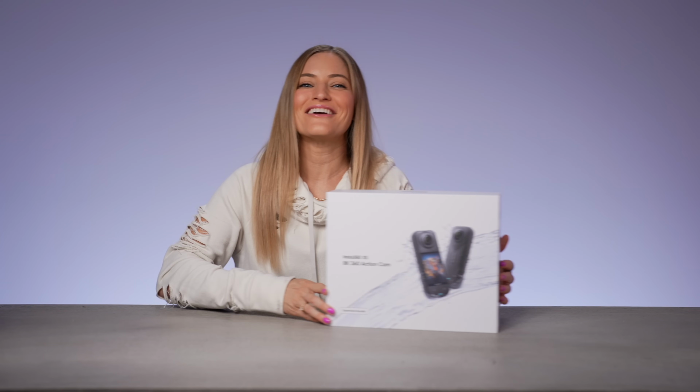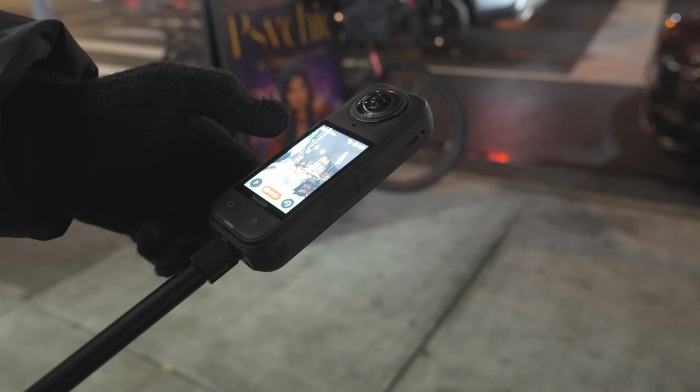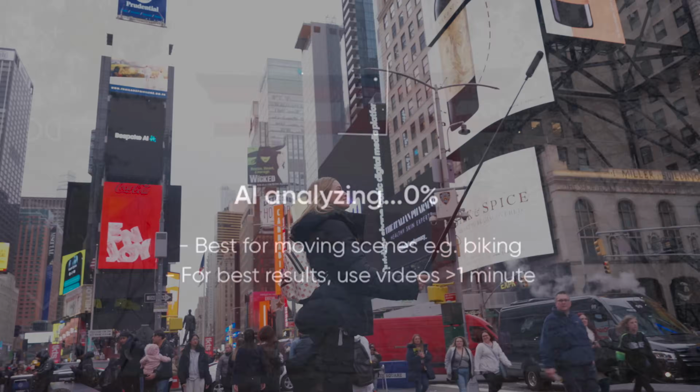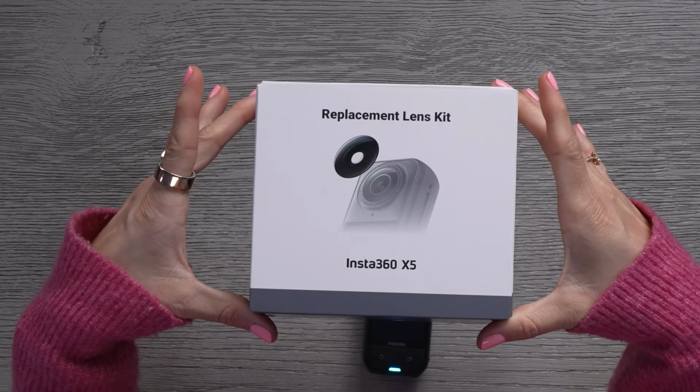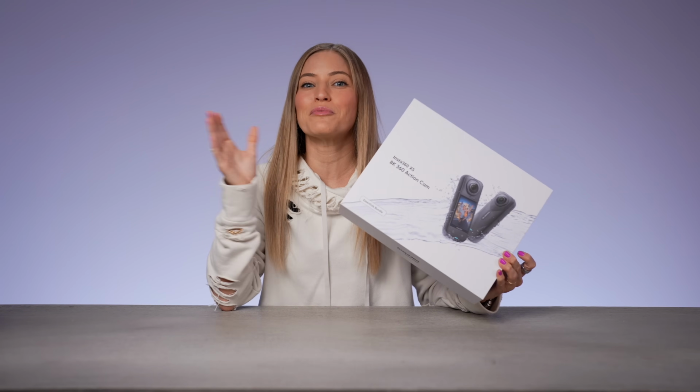Hey, it's Justine, and today we are checking out their brand new Insta360 X5. This is their brand new 8K 360 action camera, and it is packed with upgrades. Better low light performance, super smooth stabilization, AI editing tools, and even swappable lenses. And of course, I've got it right here to test out, and we're gonna be putting this through a bunch